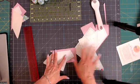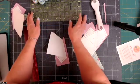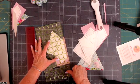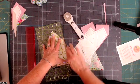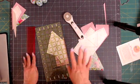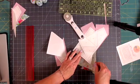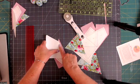So it's only there just to make that edge easier to find. And then you can take your regular ruler, line up a 1/4 inch on the edge of the paper and trim away just like you did with your add-a-quarter ruler. So you see, you don't need an add-a-quarter ruler. It's just easier and funner to use it. Funner, don't you like that word? I know. Okay, so what we're going to do then, after we've gotten our 1/4 inch seam allowance along our first seam,